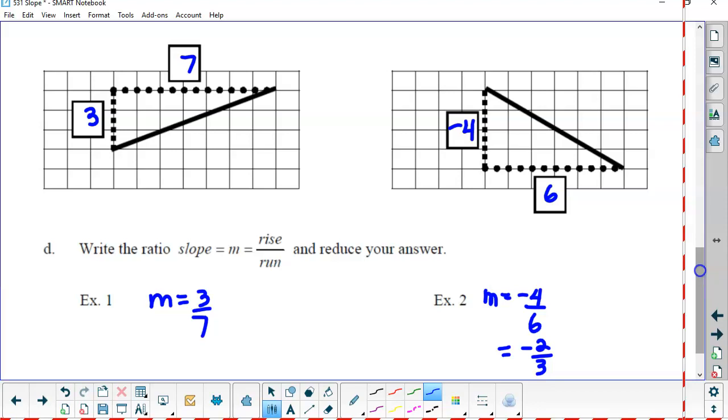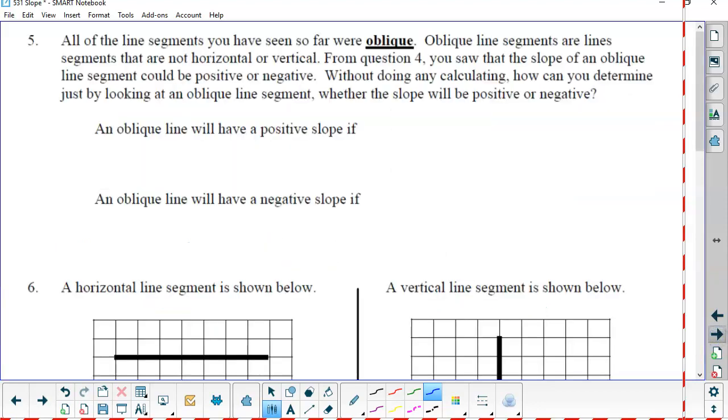So, right-hand side of the page just confirms those, positive and negative. So all of the line segments you've seen so far were oblique, so diagonal lines. Oblique line segments are segments that are not horizontal or vertical. From question 4, you saw the slope of an oblique line could be positive or negative. Without doing any calculations, how can you determine just by looking at an oblique line whether it be positive or